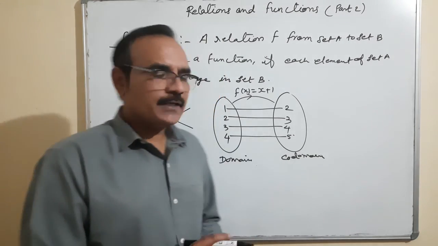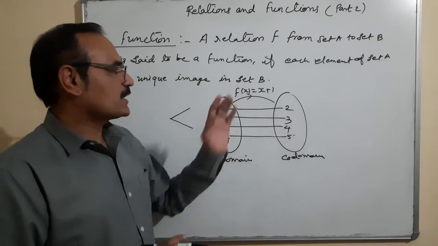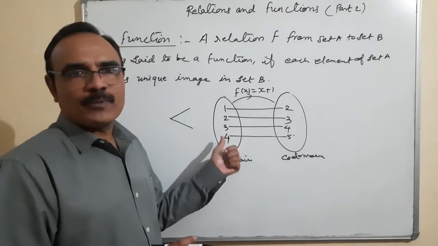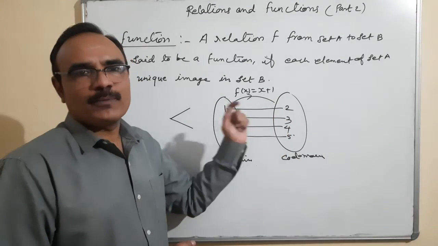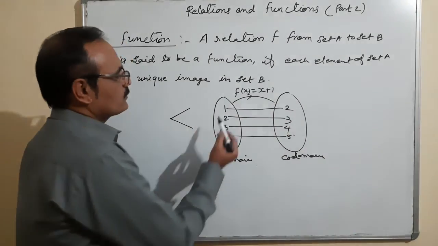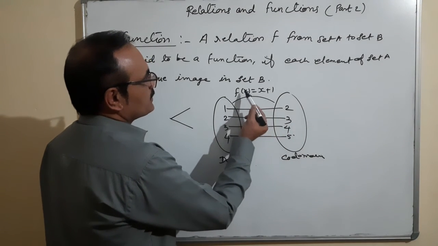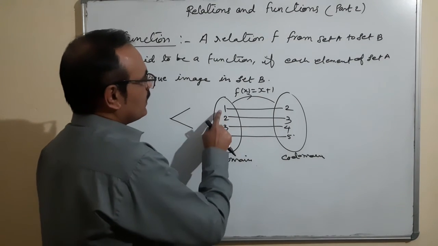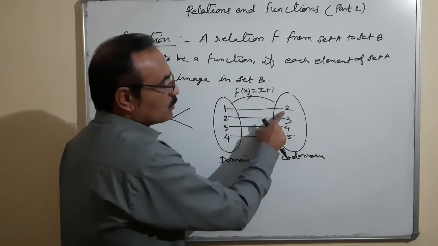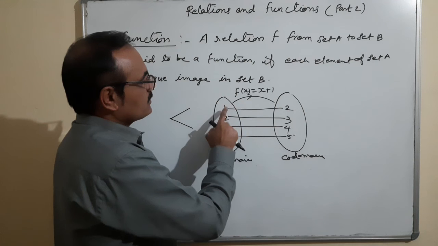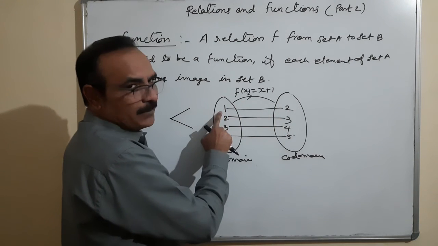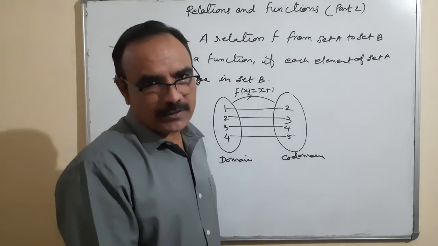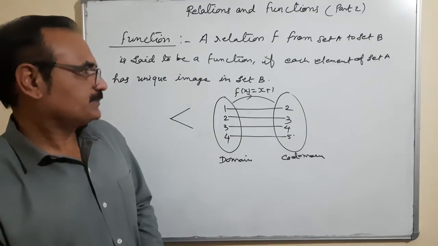Okay, it's clear? So f of x is equal to x plus 1. One example I have given you. You can see that these are the elements from the domain, these are the elements from the codomain, and they are mapped like that. 1 is mapped with 2, because in place of x we can put 1, so 1 plus 1 is 2. So that means 1 has an image of 2 and 2 has a pre-image of 1. So this is the image of this element and this is the pre-image of that element. Okay, so this is the defined function.